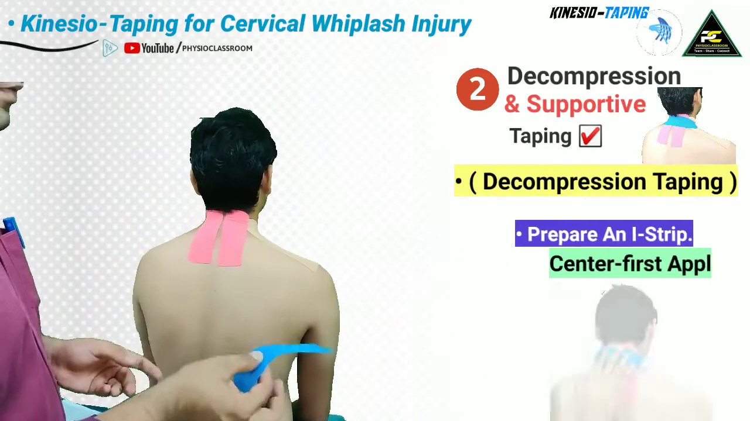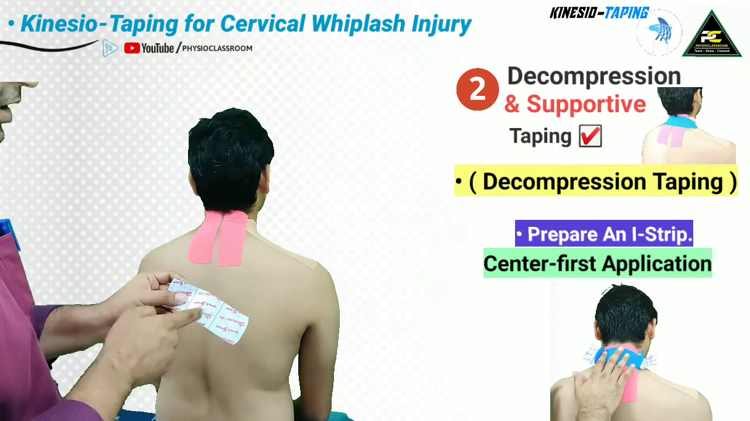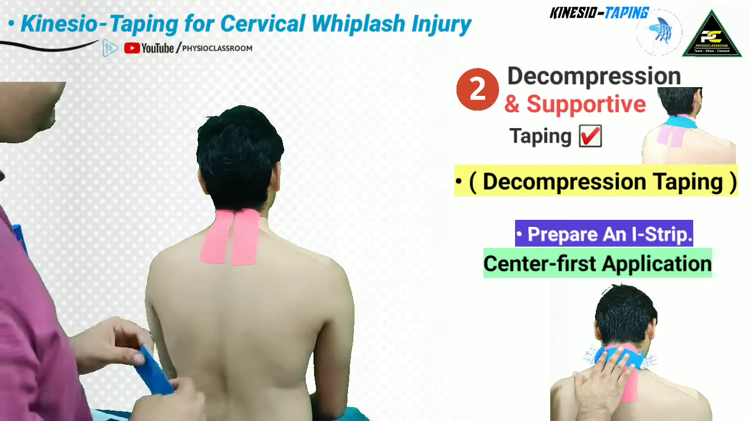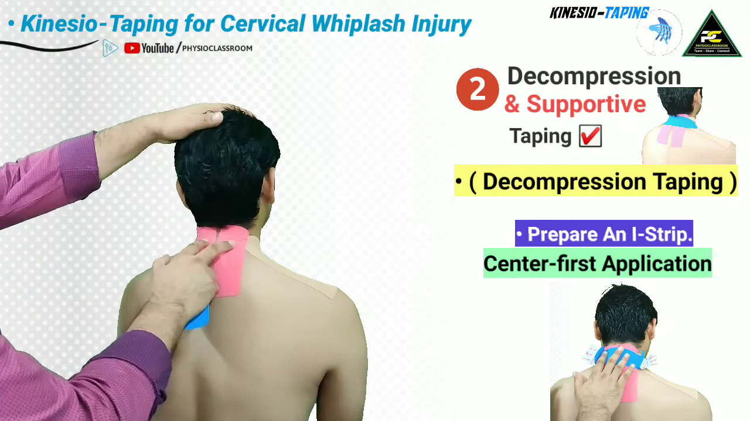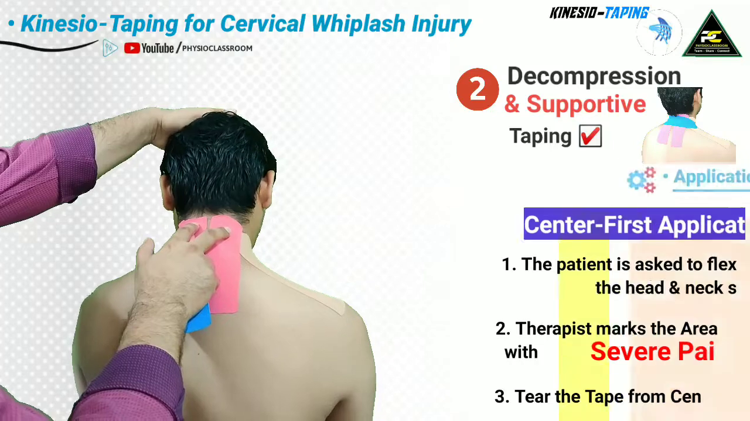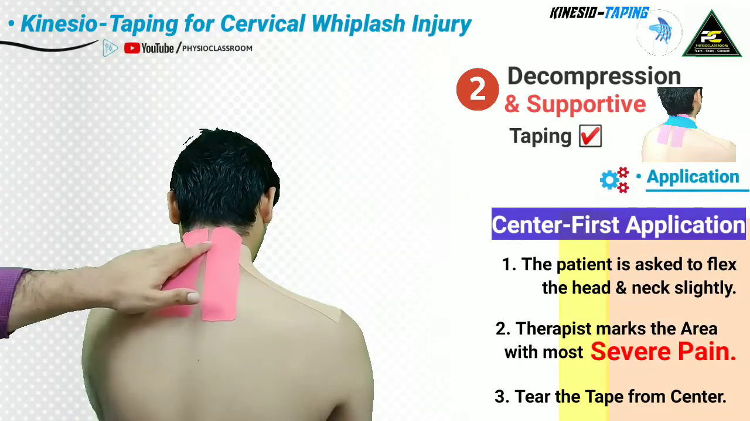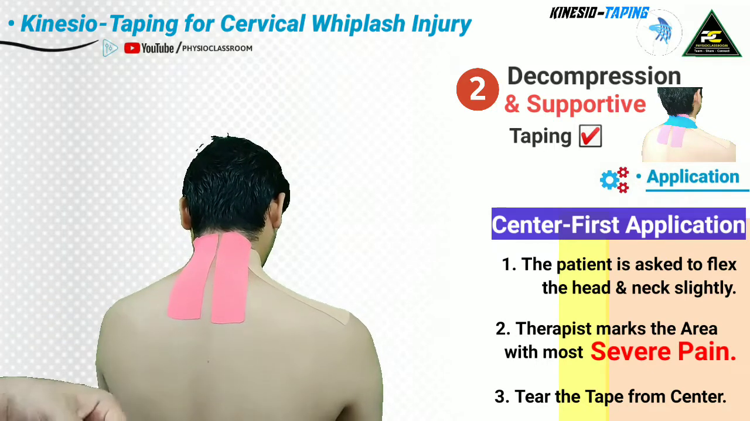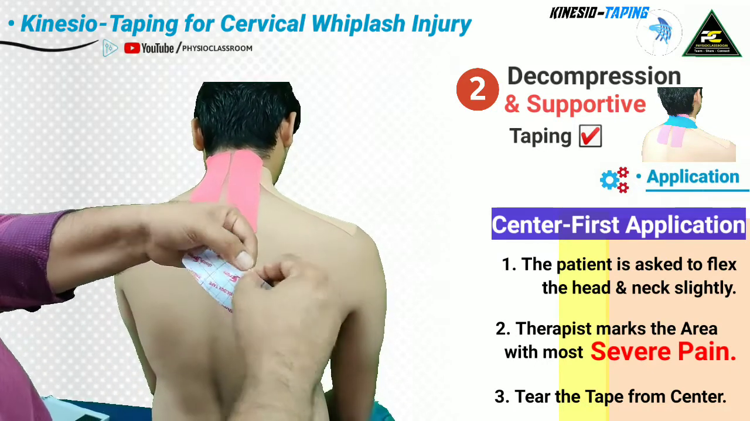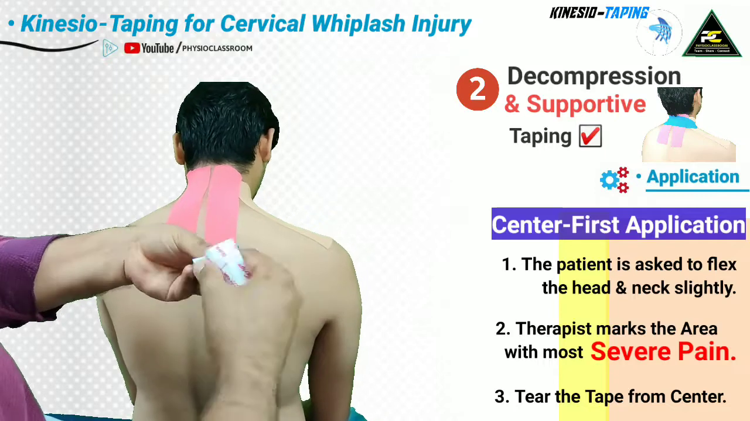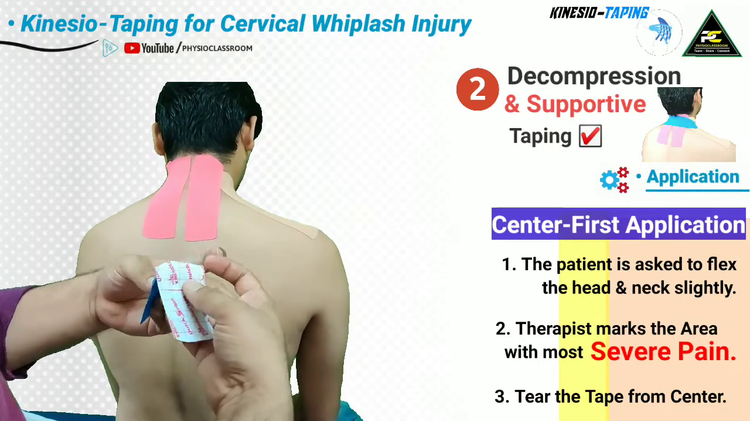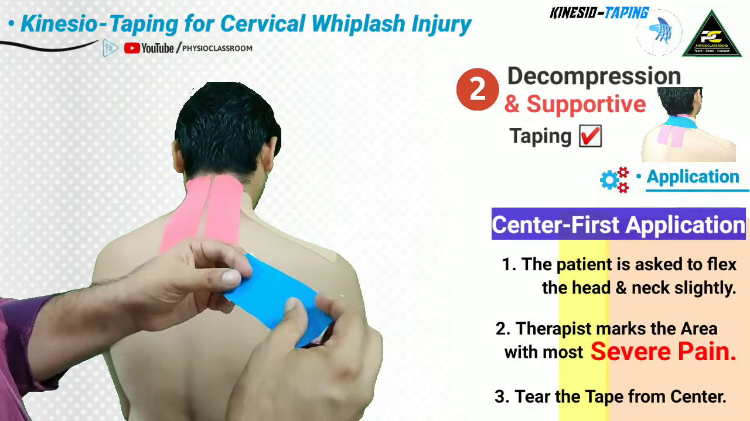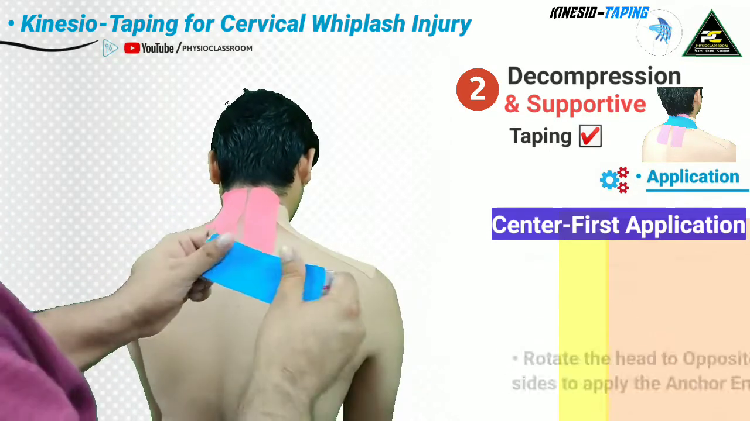Now the last I strip that we are going to use is going to be the center first application, and this is going to be our decompression tape or the space correction tape. And for this, again, the patient is going to flex the head and neck to the comfortable range. The therapist is going to mark the area of the most severe pain and then is going to tear the tape from the center. After tearing the paper backing, both the sides of the paper backing are going to be drawn at each end. Both the ends are going to be held by the therapist, and then in this case